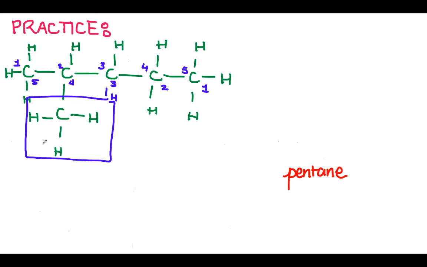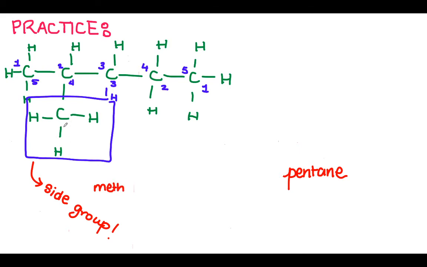All right, now I have to account for this particular carbon here. Whenever I have a carbon that's not part of our longest continuous carbon chain, I'm going to call this a side group. My side groups are very important because that plays a role in what our name for our particular compound is, right? In this case, my side group has 1 carbon. Again, those prefixes are very, very important. So my prefix is meth.